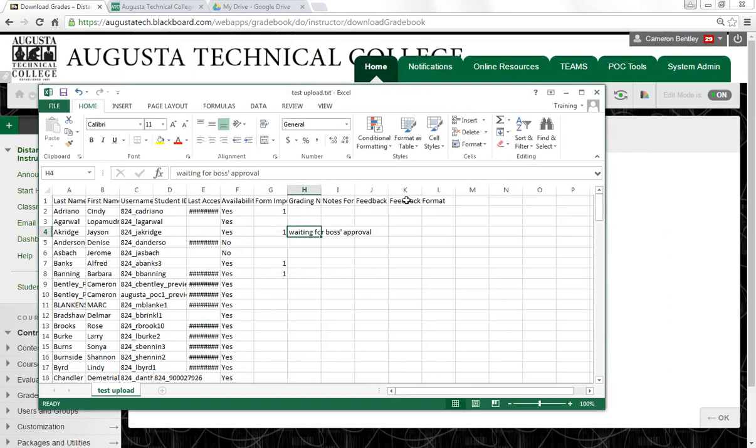And so I put the comment there, and this header row has to be left exactly like that. Don't want to mess with that. Don't want to change any information over here. So all I'm doing is putting in the scores of the columns that I want inputted and any notes. All right, so then I save it